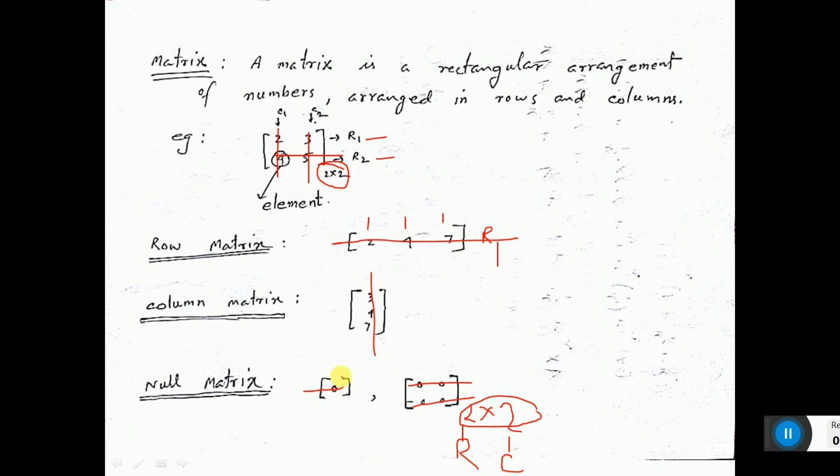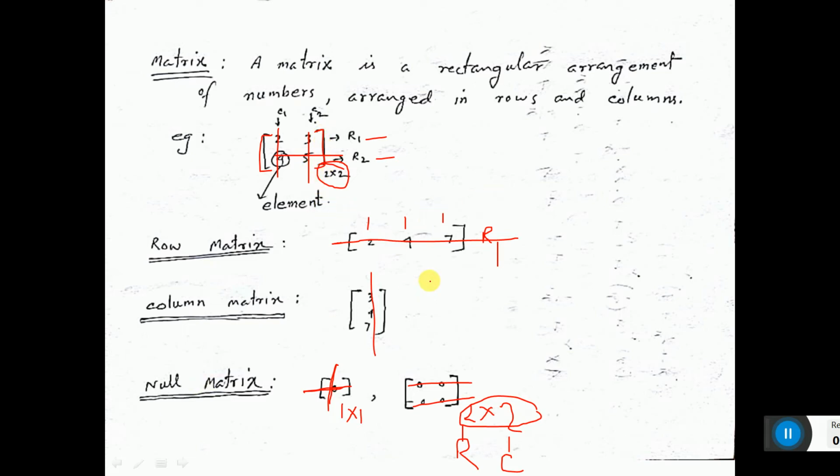Here only one row, one column, 0, that is a null matrix of order 1, that is 1 cross 1, one row and one column. This is called row. How many rows? 1. This is called column. How many columns? 1. So in this matrix we have to keep these elements within third bracket or first bracket. I am keeping them here in the third bracket.